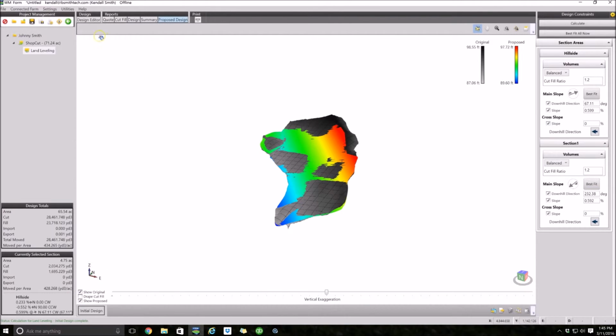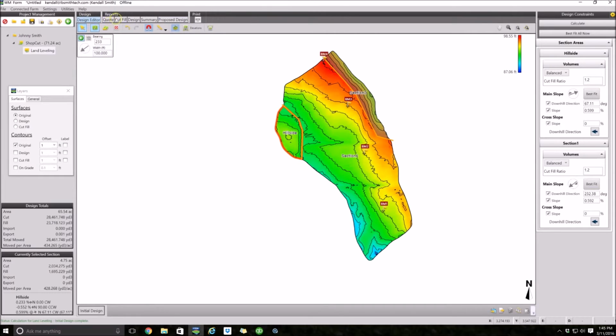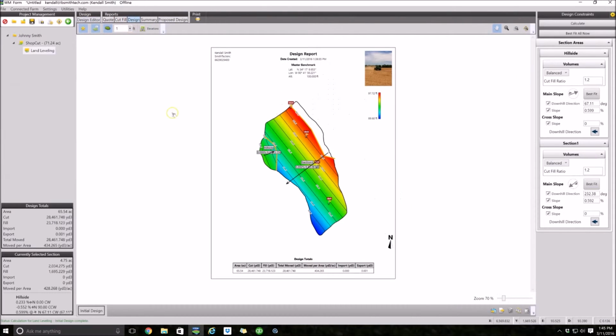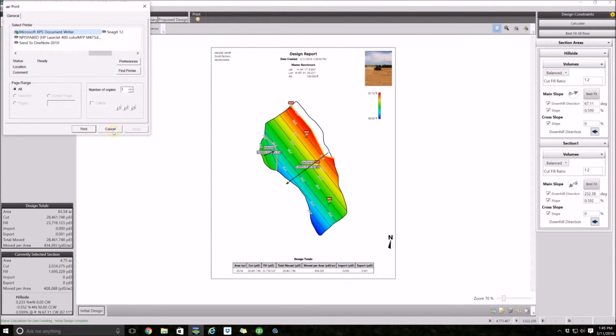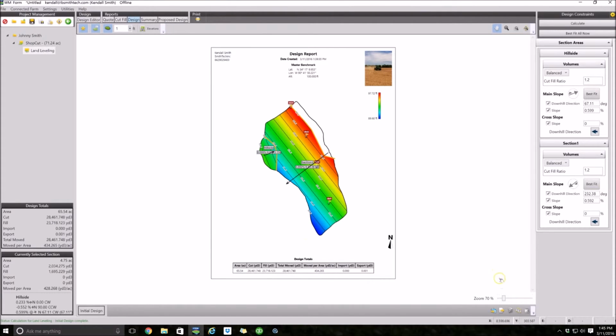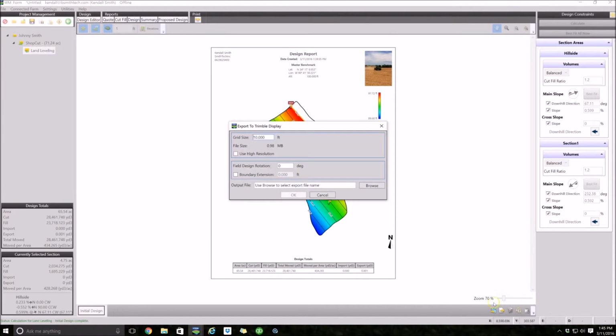And with that, I think it's getting close to being finished here, other than we go onto our design, we say, yeah, that's what I want to print. We just hit print and it'll take us through the steps, find your printer and everything. Next, to put the design out to Trimble display, we would say export to Trimble display. For FMX, you'll just leave it on this 10 feet or leave it to whatever it defaults that utilizes the FMX